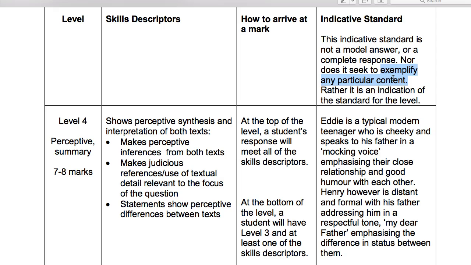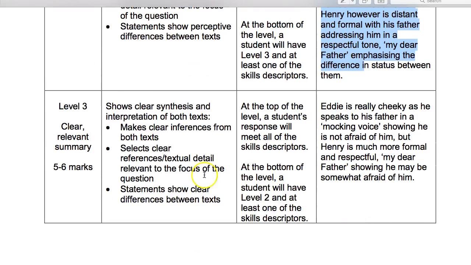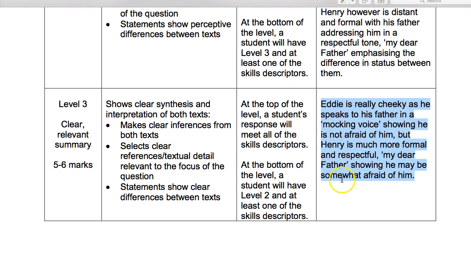So that's good news. Anything that you see as a difference is going to gain you marks. But it is an indication of the standard of the level. So what I'm going to do is copy the level 4 answer here, and then I'm going to look at the level 3 answer and try and take you through what the differences are, so we can get inside the